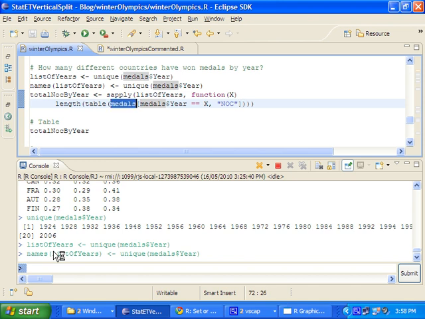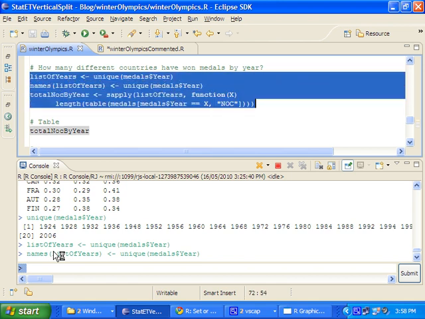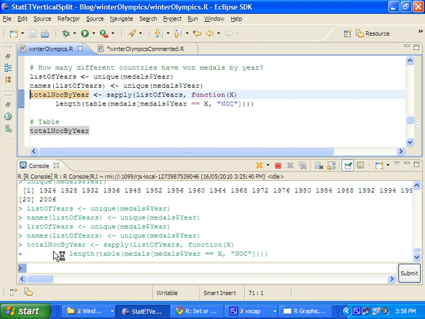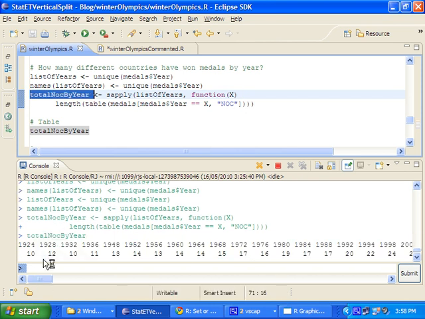And so what have we got here? We've got the medals data frame, extracting just the year that is selected in that iteration of sapply, and we're getting a table of countries for that year, and then we're getting the length of that table, which, in other words, the length of that year will be equivalent to the number of countries that have won medals in that year, and of course that will combine to tell us how many medals have been won that year.